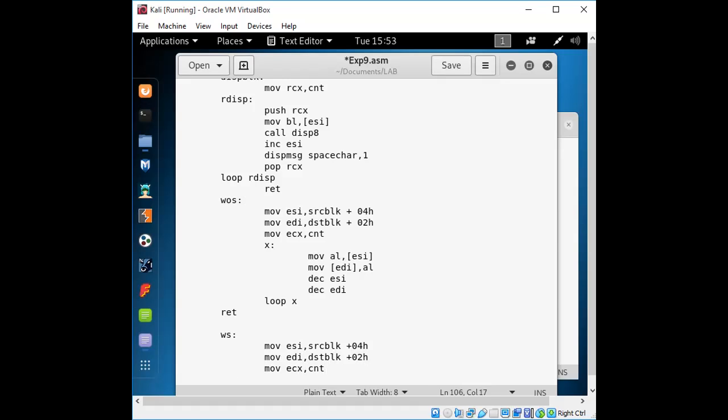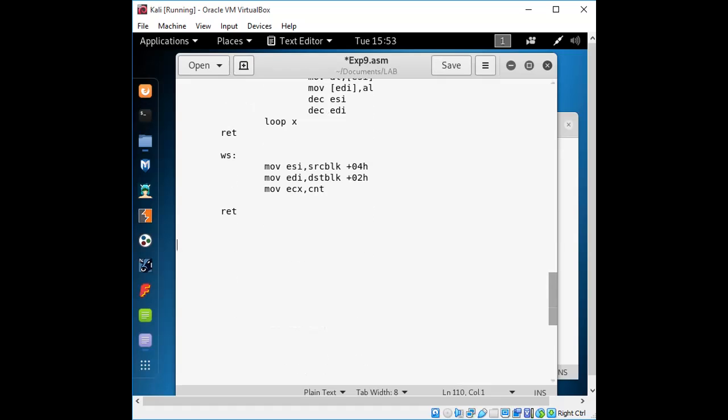After that we need to check the direction flag. For the without string version we used CLD, that is clear the direction flag. Here we need to set the direction flag, so the change is STD, that is set direction flag.